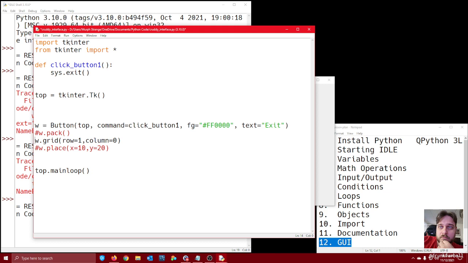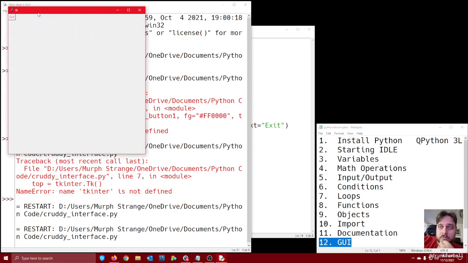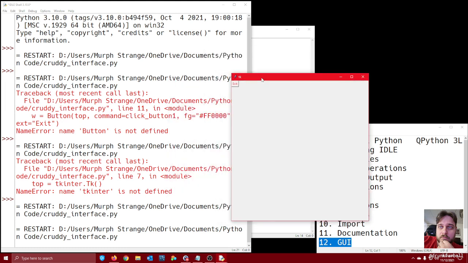We can set a row and column. And what this does, I'm not trying to minimize it. I'm trying to make it bigger. There we go. Okay. So what this does is,